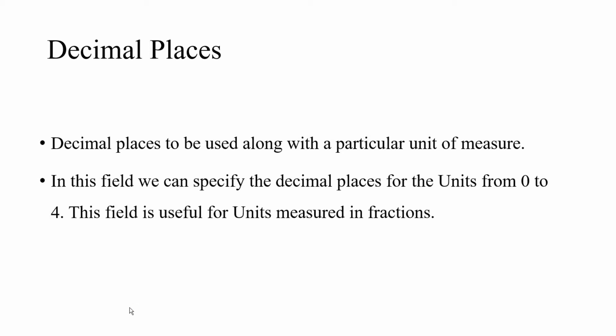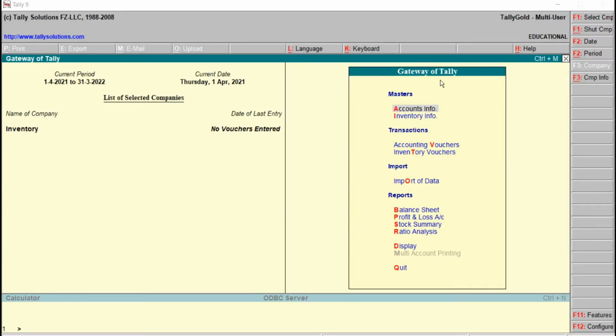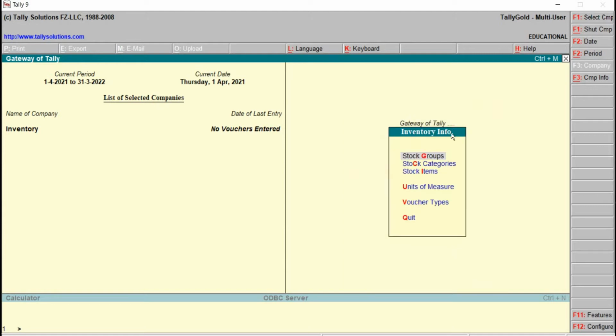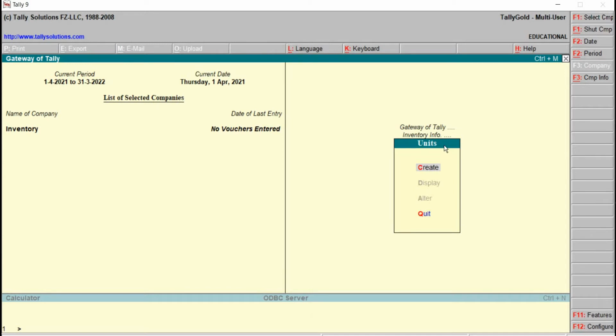Now let's see the practical part of how to create simple units of measure in Tally. From the Gateway of Tally, Masters, Inventory Info, just click on this. This will take us to the Inventory Info menu, and here comes Units of Measure. Either we can click on this or use a shortcut key, the letter U. This will take us to the units menu, and here we have the options create, display, alter.